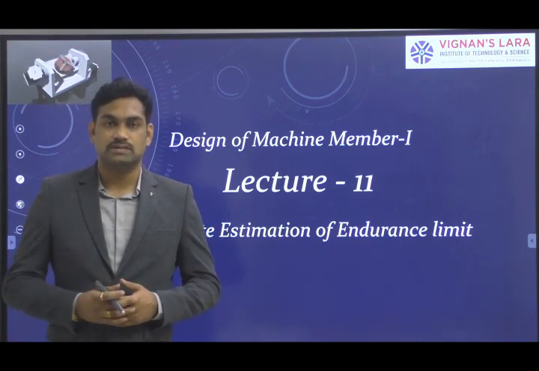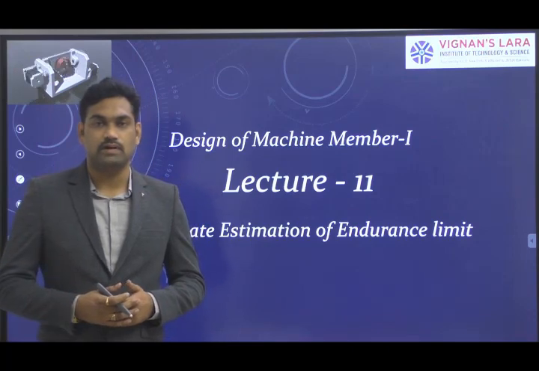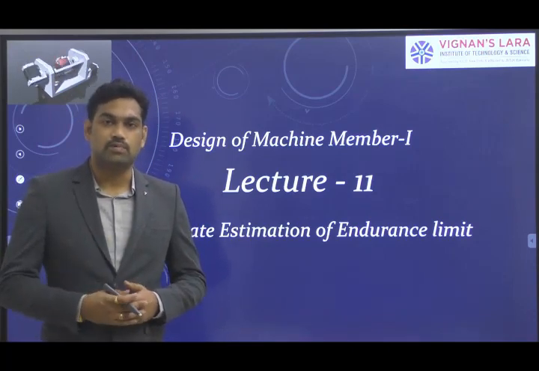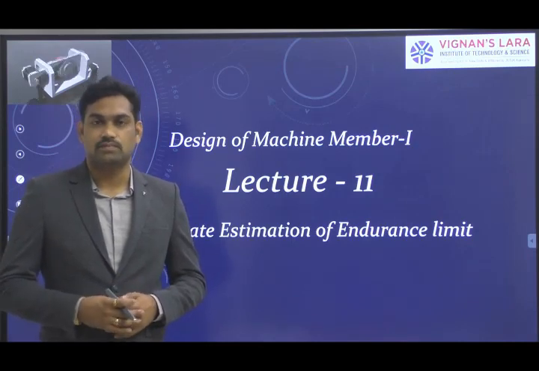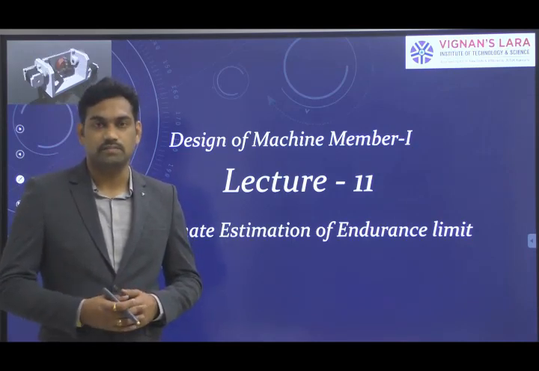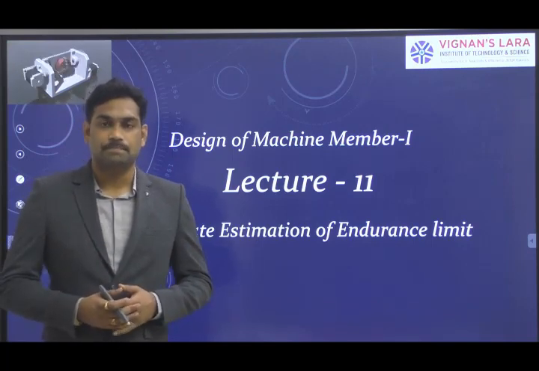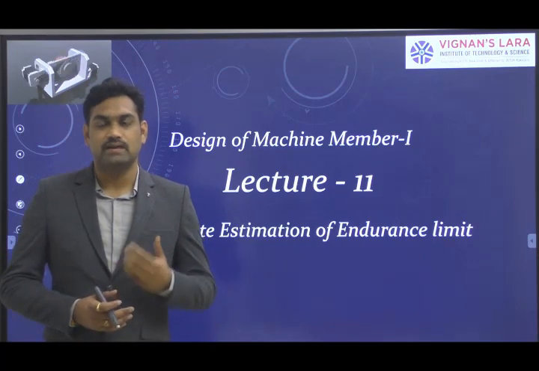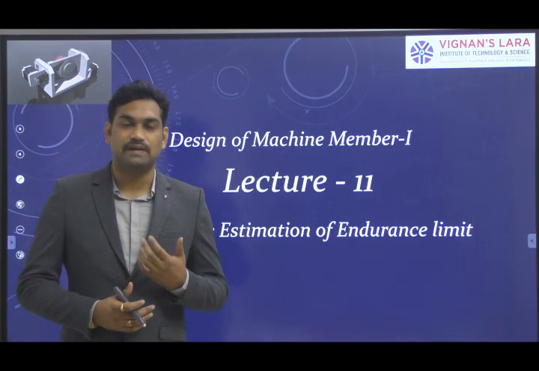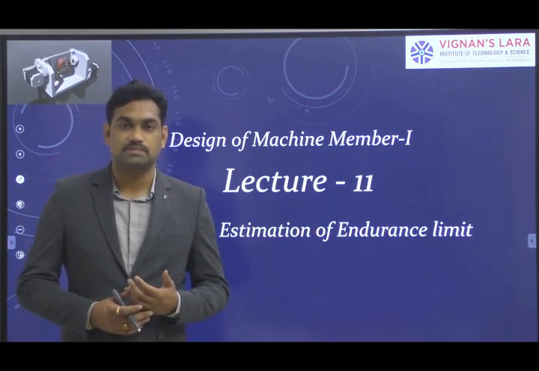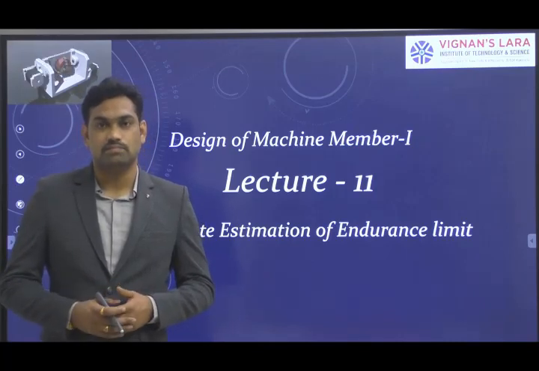Using the stress amplitude, we plot the graph, which we call the SN curve. From that, above 10 power 6 number of cycles, we take the value as the endurance limit of each material, for ferrous and also for non-ferrous metals. But this is the endurance limit we observed for the standard specimen in the fatigue test, with standard dimensions and a completely reversed bending load.